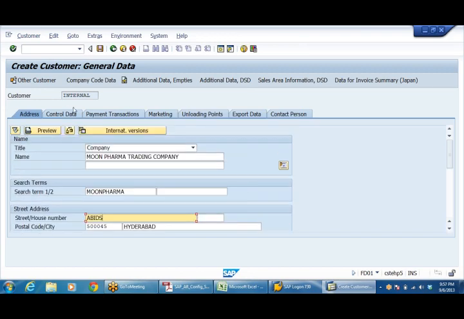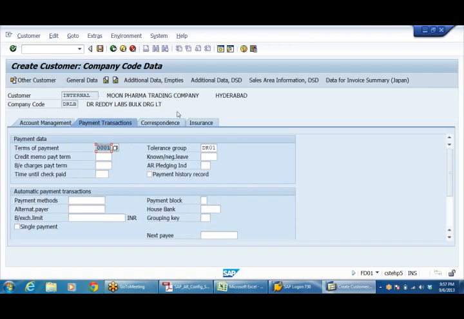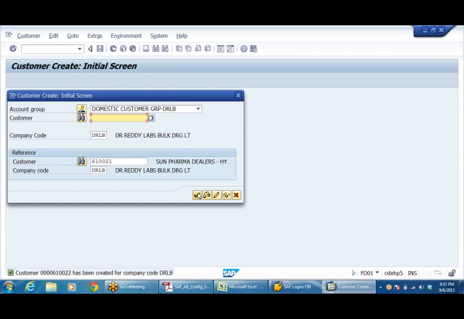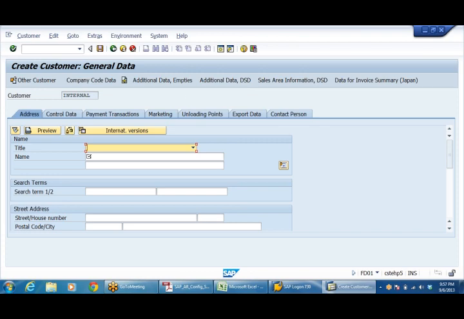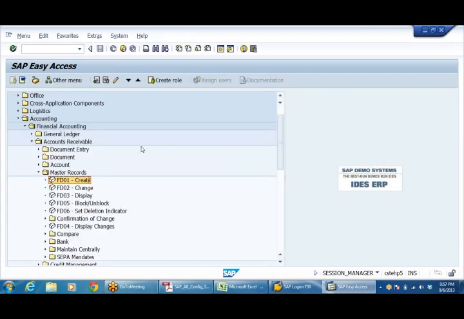Let us check other fields. See, data is already there because we have copied. Everything is there. Save it. 610022. So two customers we have created.